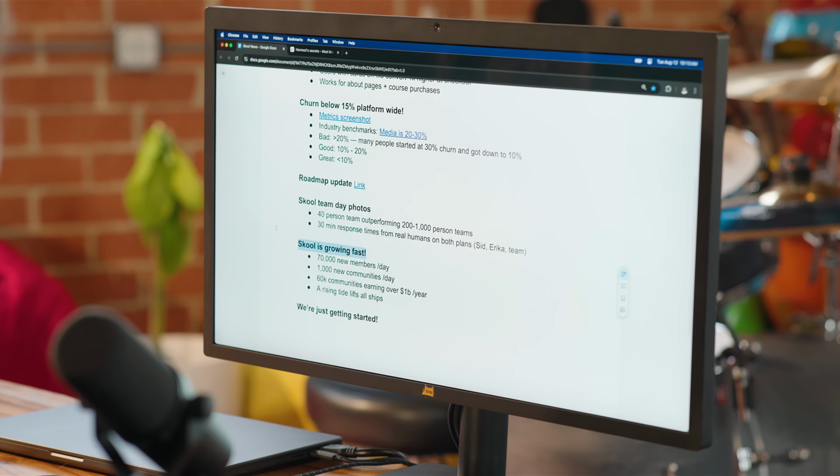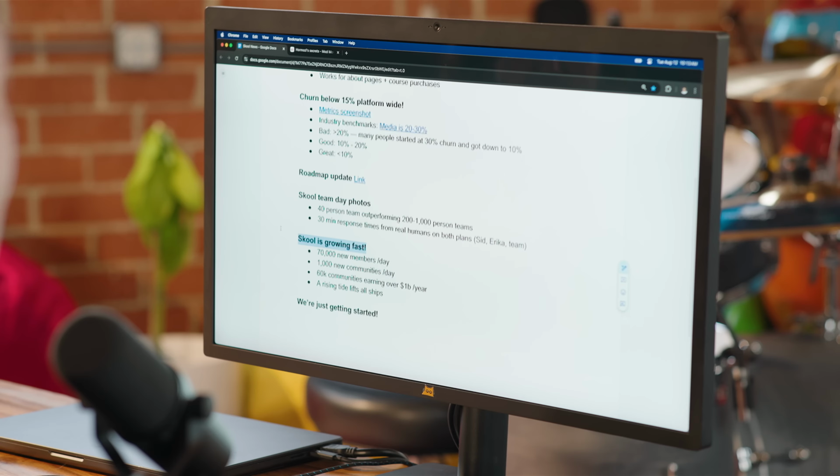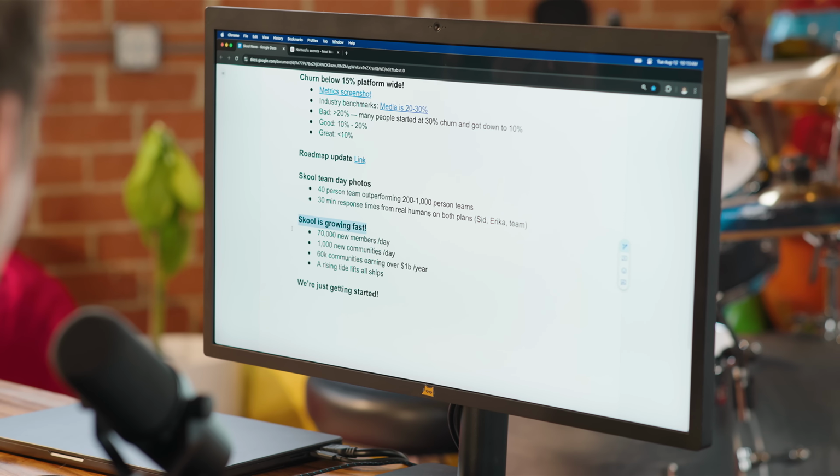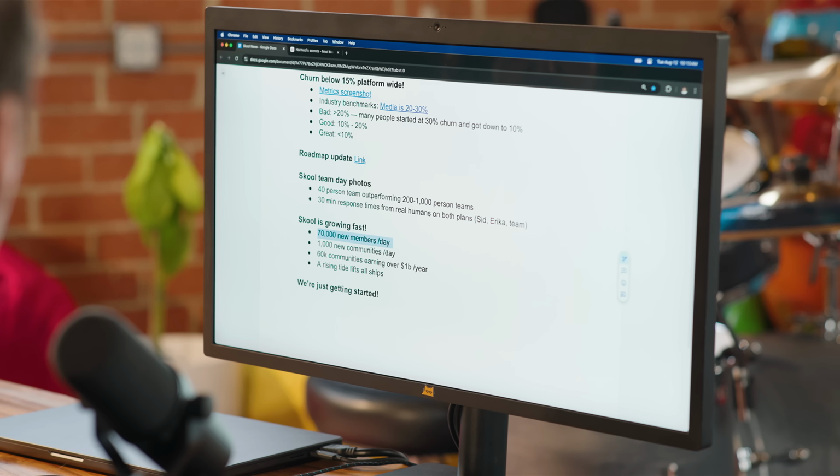And final point, Skool is growing quickly. You guys probably have noticed inside of Skoolers, the member count is growing a lot. So we looked at the data and it's 70,000 new members per day. And this is going up. It's happening through Skool, which is insane. And 1,000 new communities join per day, which is a total of 60,000 communities collectively earning over $1 billion per